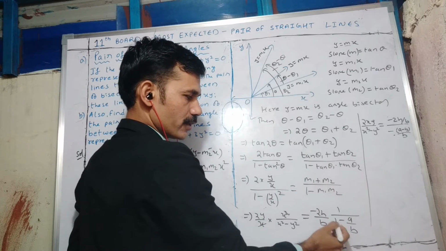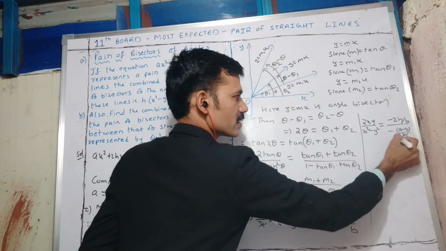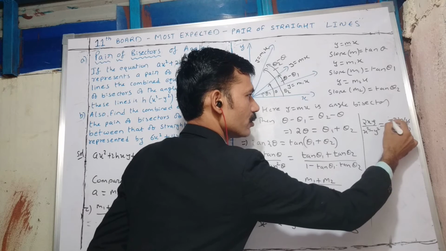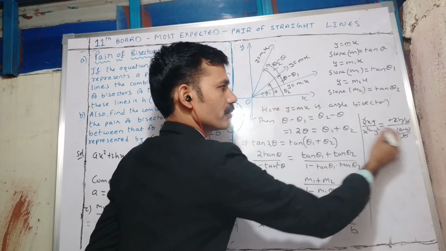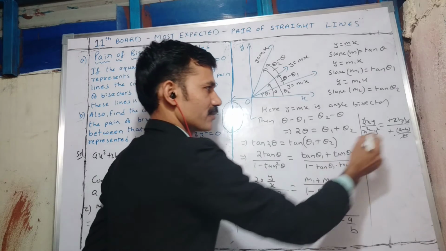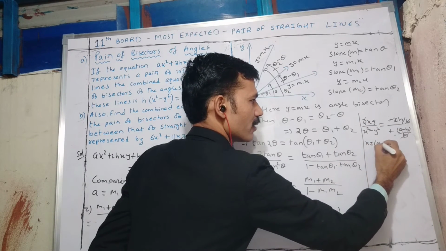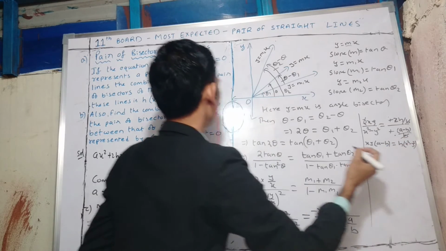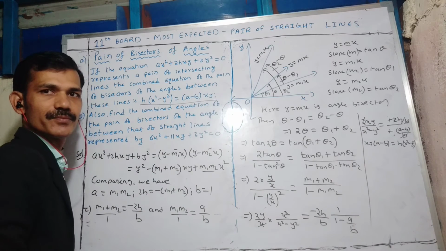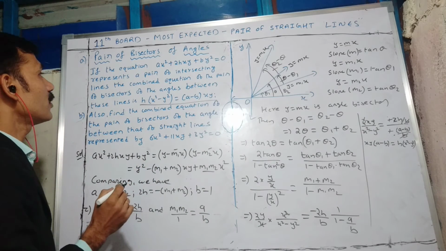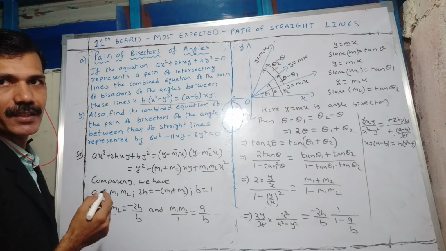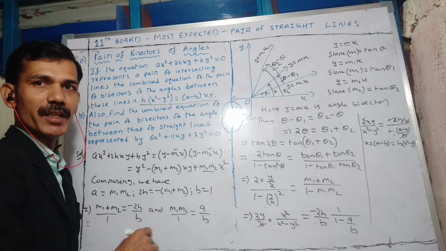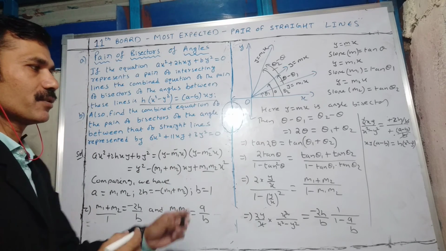If we do cross multiplication we are going to get this. This b you can cancel, minus minus you can cancel, and 2 also we can cancel. So if you do the cross multiplication we will get the desired result. xy times a minus b is equal to h times x square minus y square. This is what we have to prove. This will give the combined equation of the pair of bisectors of the angle between the given pair of straight lines. h times x square minus y square is equal to a minus b times xy. Okay, we have proved it now.